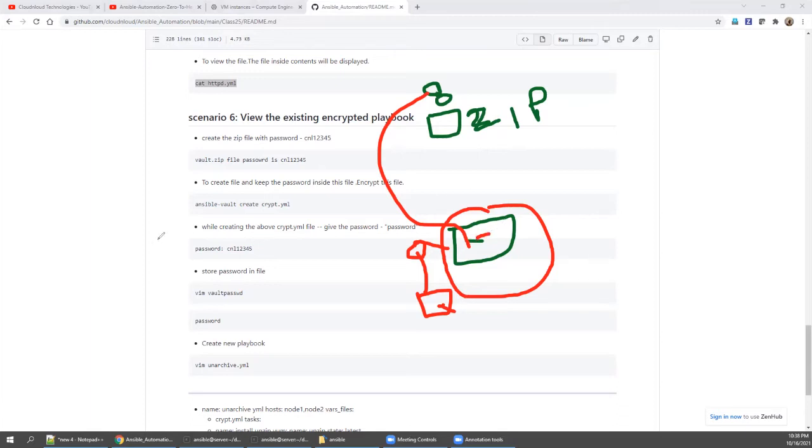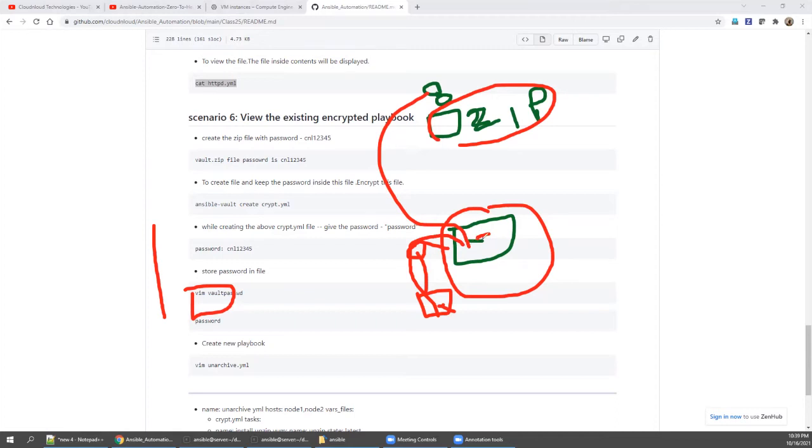So now I am creating a playbook, right? When I create a playbook, I'm simply saying copy this file, put it in one folder, and unzip the file, but the password is in this file. To open this file, first this file's password will be referred to, and using Ansible Vault, this file will be opened.